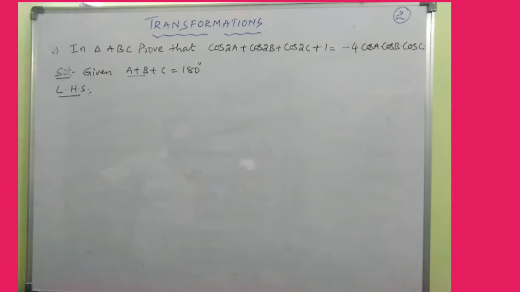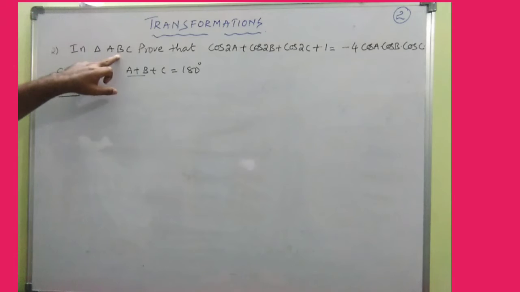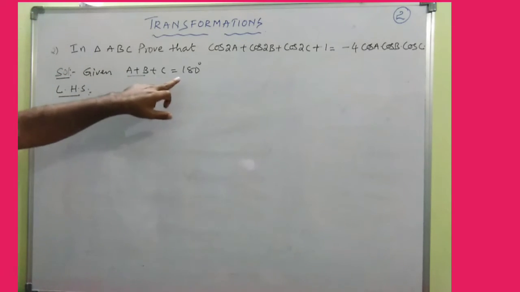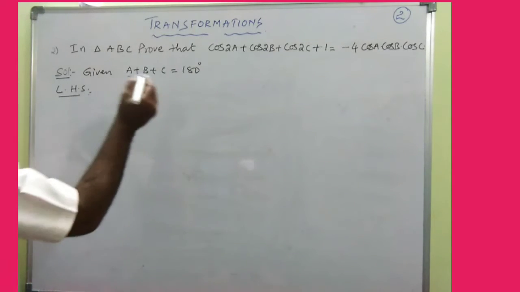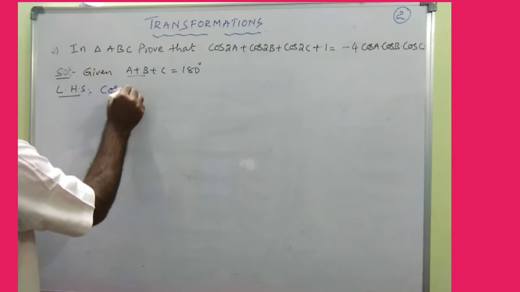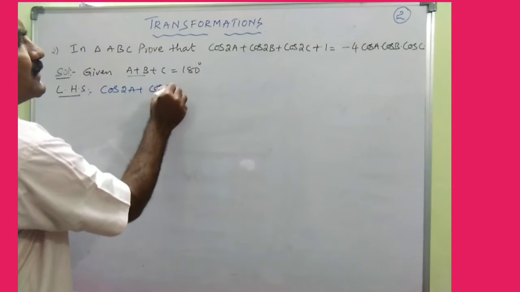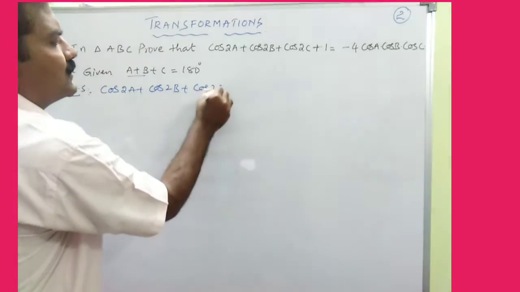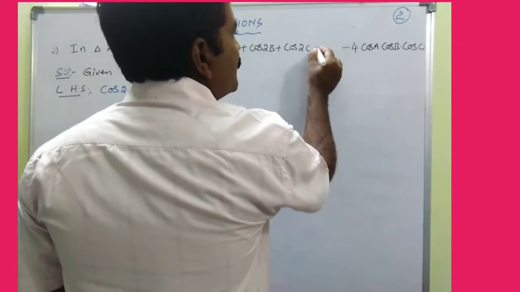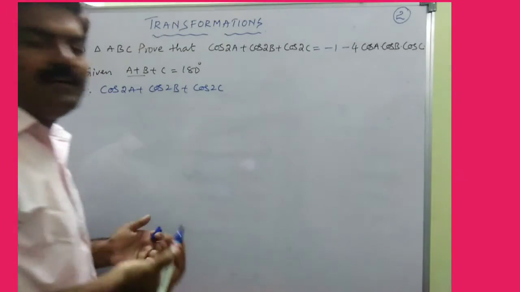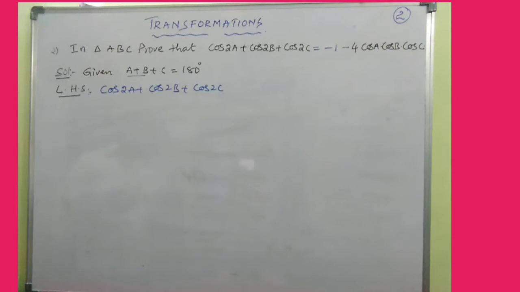Okay, don't worry. So once again, because it is given that it is a triangle ABC, the sum of the angles is anyhow 180 degrees. And now I just want to go with cos 2A plus cos 2B plus cos 2C. Don't worry, this plus 1 we can send to the other side, no? Then can I write like this? We can write like this also. Why not? So it is enough to prove now that cos 2A plus cos 2B plus cos 2C is equal to minus 1 minus 4 into cos A into cos B into cos C.